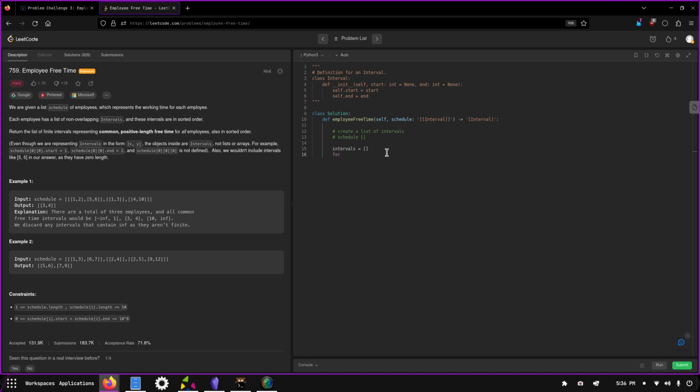Okay, so for interval in schedule, start val is equal to enter start, enter dot end, intervals dot append val, and then we'll just sort